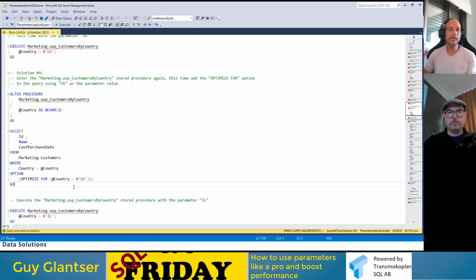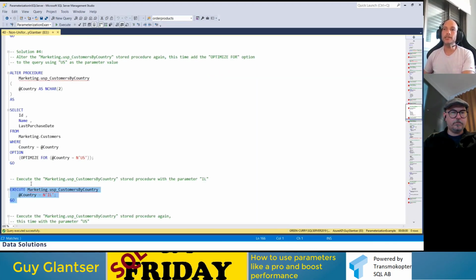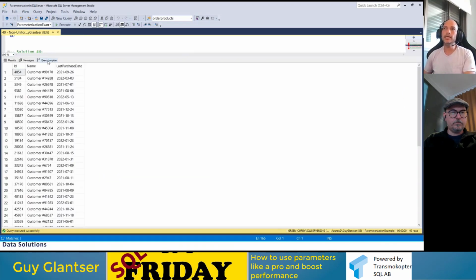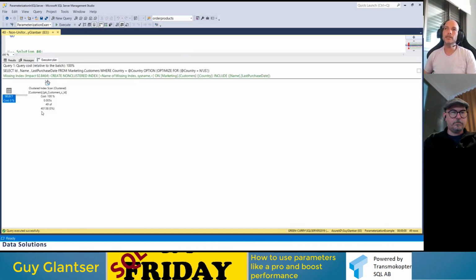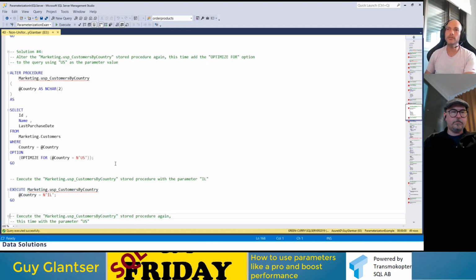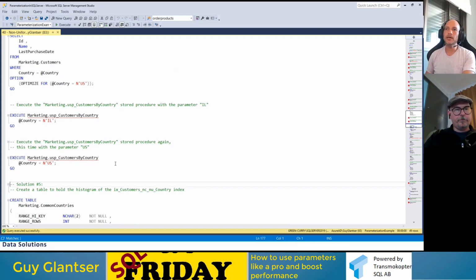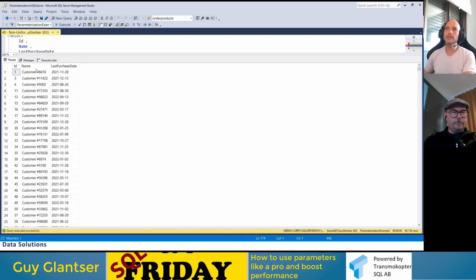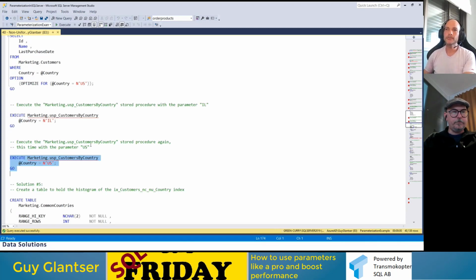I have to know how many times this value is used and so on. And in most cases, we don't know, or maybe we think we know, but it might change in the future. But just to demonstrate, even now, when I use the value IL in the first execution, we already get a plan based on US with the estimated number of rows 40,000. Of course, the actual result is 49 rows. We get the Israeli customers, but the plan is already based on US because this is what I instructed SQL Server to do. Of course, now if we use US, we will get the correct plan.